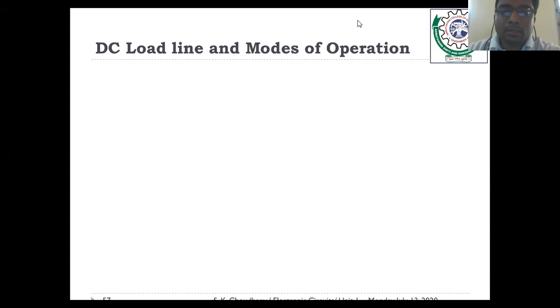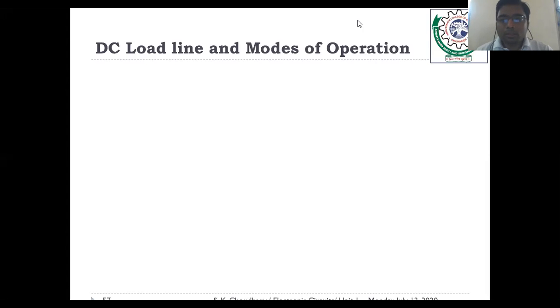As per the topic, first of all we have to take a little bit of review of what we have learned in the last week. We have learned the construction and operation of MOSFET, as well as the DC analysis of the common source circuit using N-channel enhancement type MOSFET. Now, the same circuit would be conveyed here, and we have to define the DC load line and also learn what the modes of operation are.